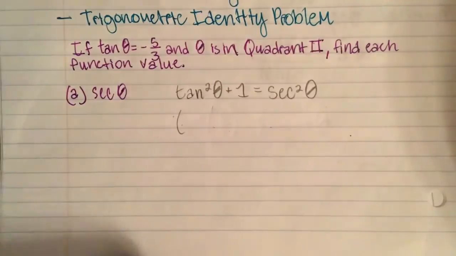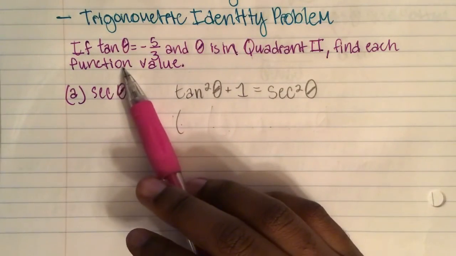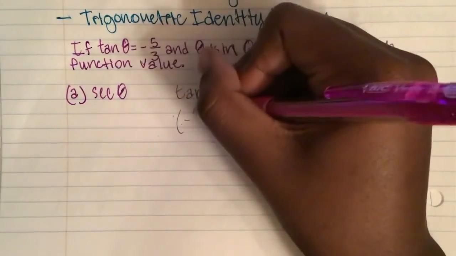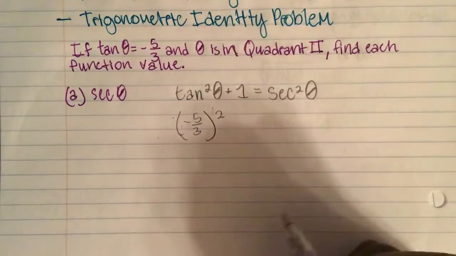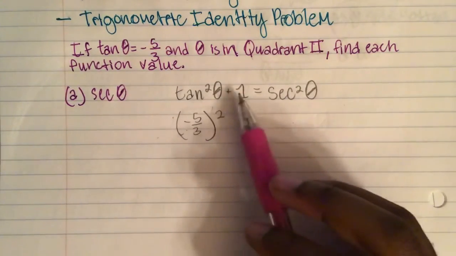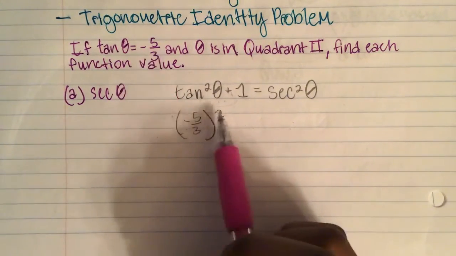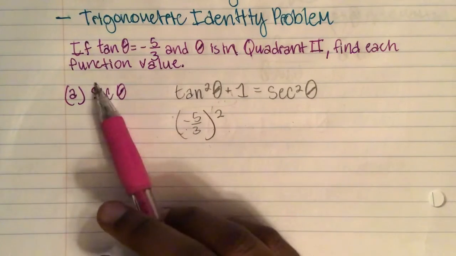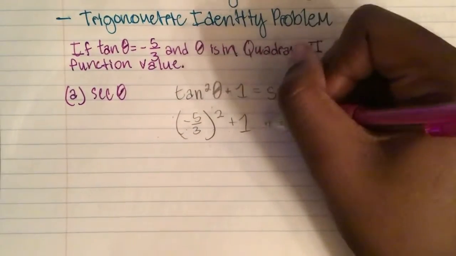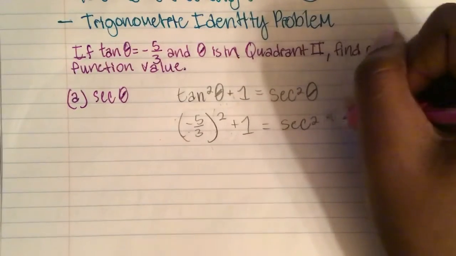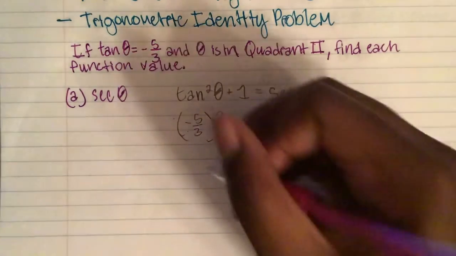So we know that our problem tells us that tangent of theta equals negative 5/3. We can put negative 5/3 here in place of tangent. And remember, we're replacing tangent with negative 5/3, not theta. Because we know that tangent of theta equals negative 5/3, but we keep this square, because negative 5/3 only represents tangent, not theta. Do not make that mistake. So when you simplify that, negative 5 squared is going to be